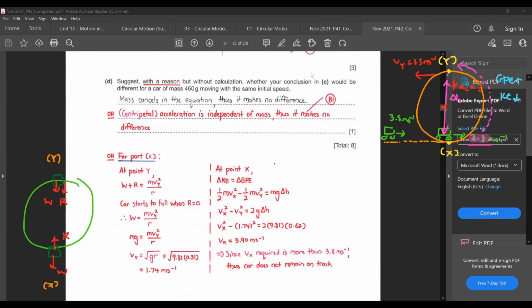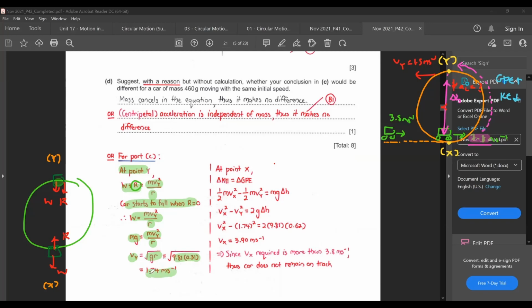So at point Y, W plus R equals mvY squared over r. I know the car will start to lose contact with the track when R is 0, when I no longer have any reaction force. So this becomes 0. I get W equals mvY squared over r, so mg equals mvY squared over r, where vY is the square root of gr. Here I sub in the value, square root of 9.81 times 0.31, which will give me vY